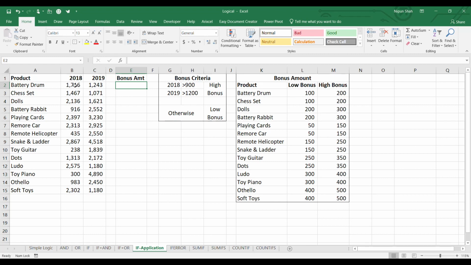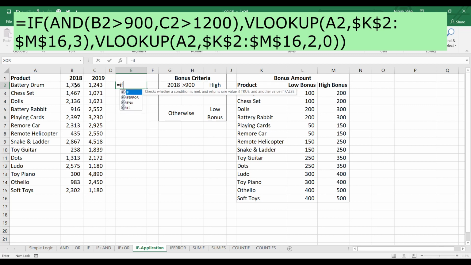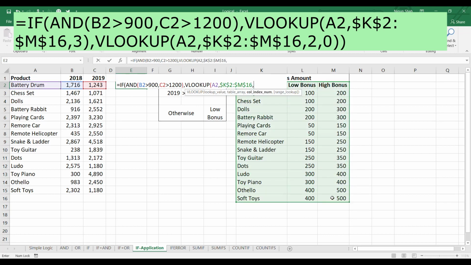So I will write an IF function: equal to IF and this is more than 900 and this is more than 1200, then for this the salesperson is eligible for a high bonus. So we look up this in this table and return the value from column number 3.